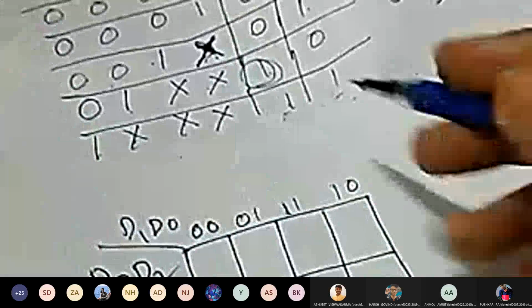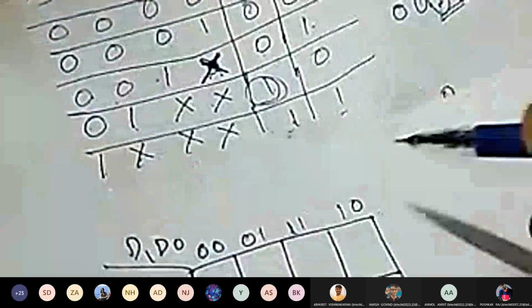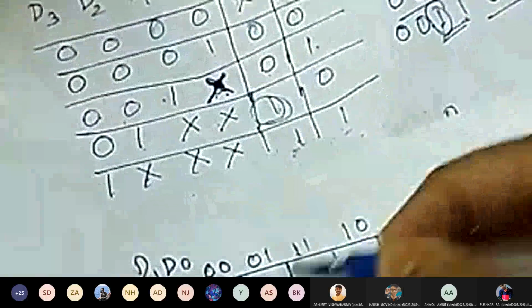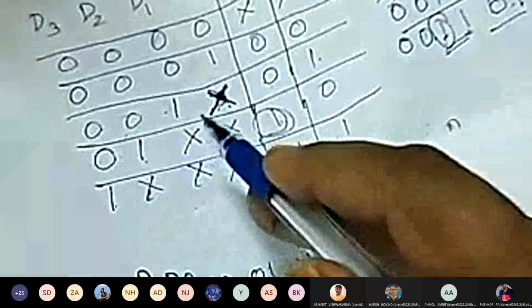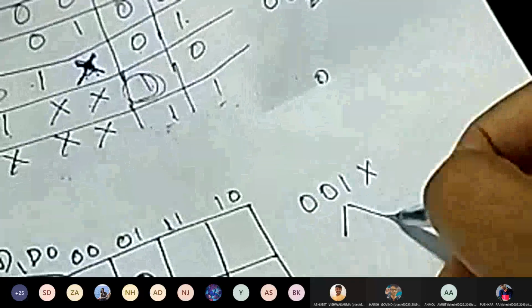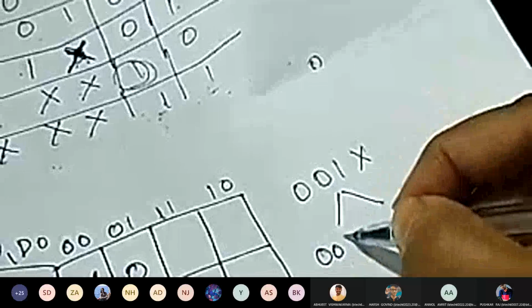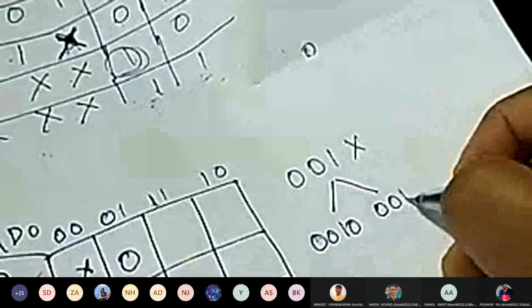Okay. So we will make the cells. Already made it. Now you see the first part, that is 0, 0, 0, 0. So B is X. So I'll write here X. Now the second part, 0, 0, 0, 1, it is 0. Now 0, 0, 1, x. So I'll divide in two parts, that is 0, 0, 1, 0 and 0, 0, 1, 1.